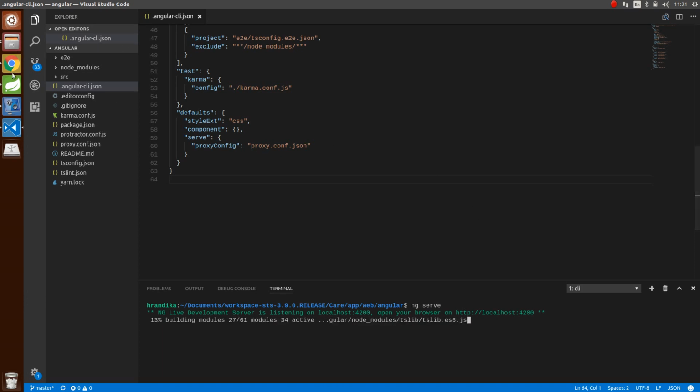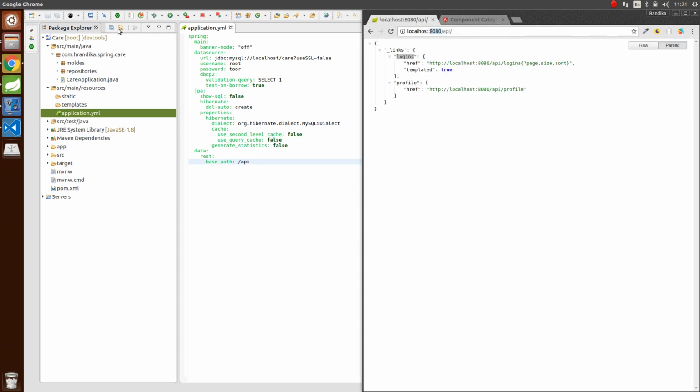So what we have done is, there are some backend changes as well corresponding to this. Earlier we were going to localhost port 8080 API without anything. You will see that Spring Data REST will populate the endpoints for you, but at this point we don't need that. We want to append something like API at the beginning of the URL, so we won't interfere with our other REST endpoints. We will be using the